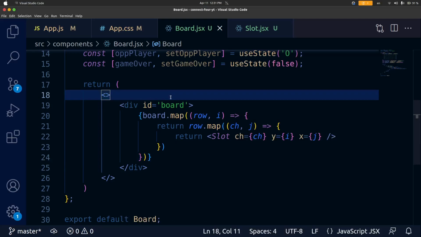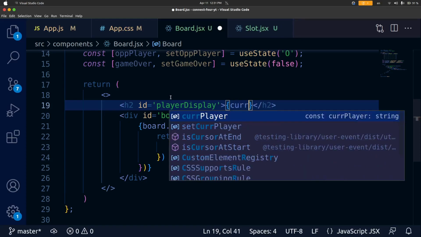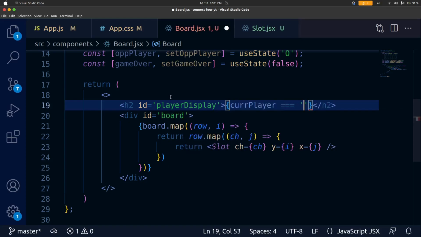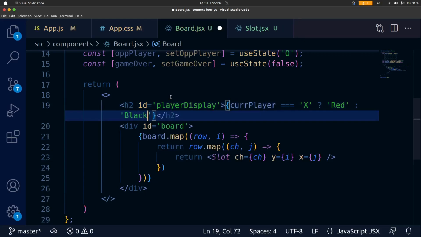So first of all, above this board div, what we're going to do is have an H2 that's going to show which player's move it is. So that's going to be an ID of player display for the CSS purposes. So let's make that player display. And then inside of here, we're going to check who the current player is. So if the current player is capital X or red, then we're going to want to return a string that is red. And then if that is not true, then we're going to do black,